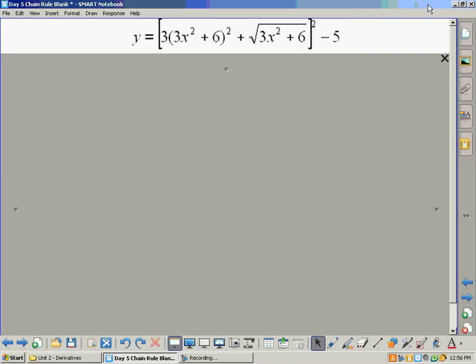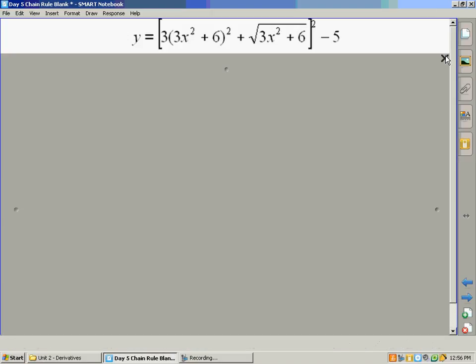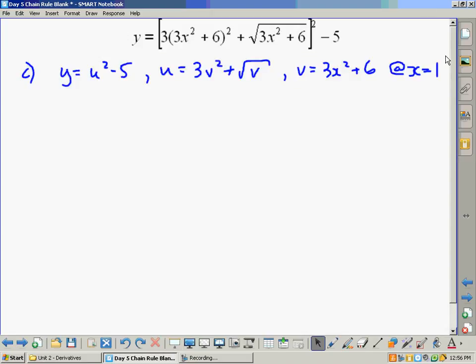Now, if you wanted to tackle a question like the one that was in the warm-up, you'll see that the question probably won't be this complicated and this detailed. Instead, the question will guide you a little bit, and it'll look more like this. So use the chain rule to do this for these three